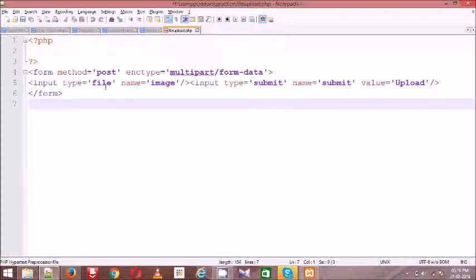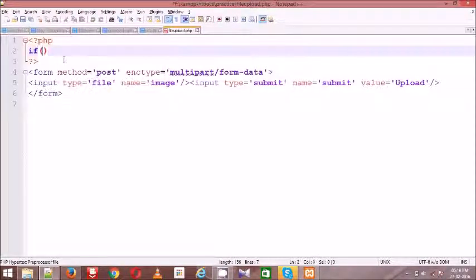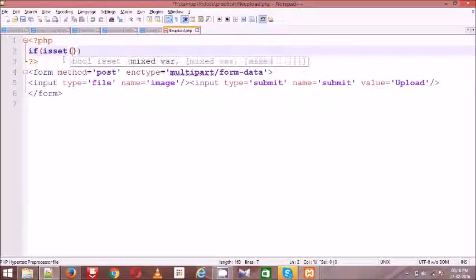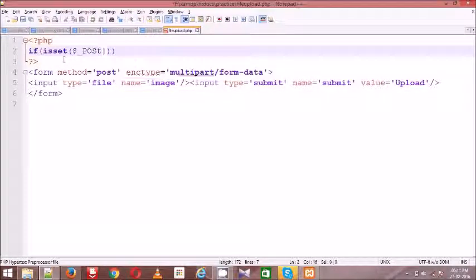Here, first check whether the file is submitted or not. For this we have a PHP function called isset, a predefined function to verify whether a variable exists or not.